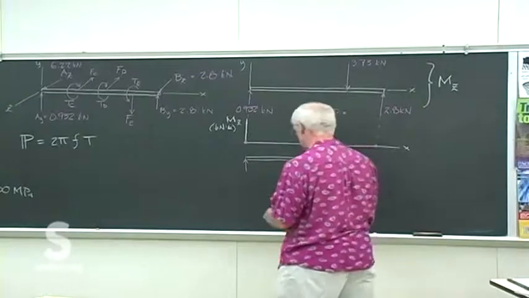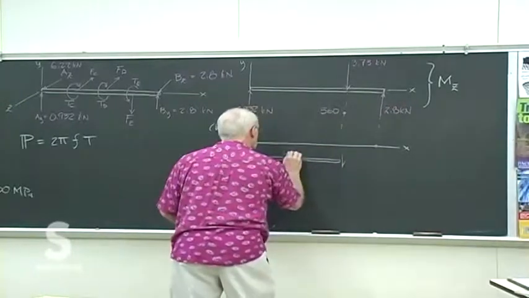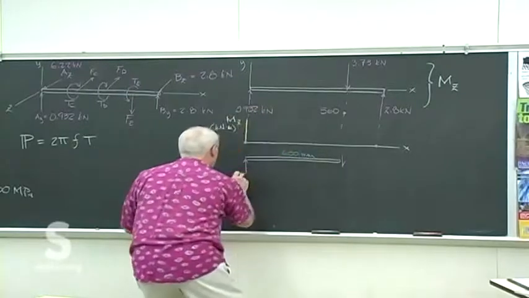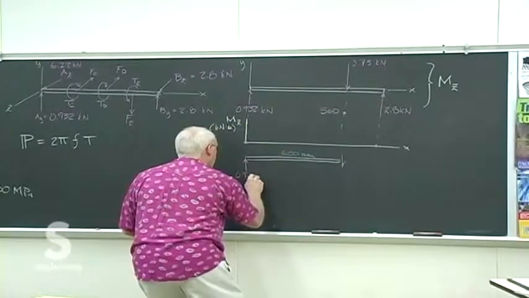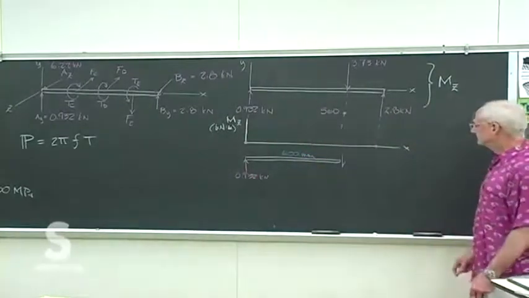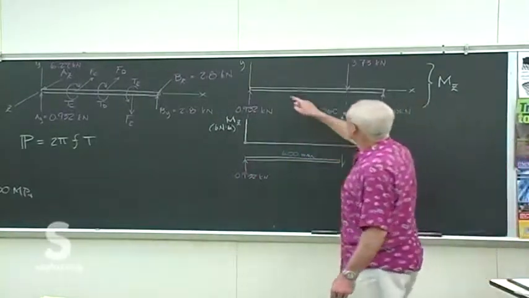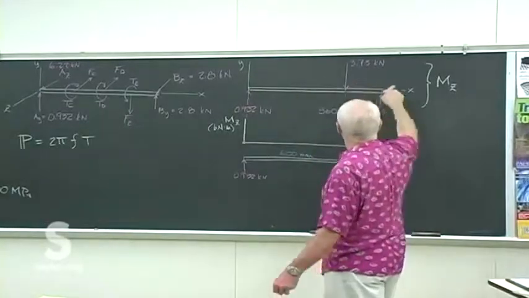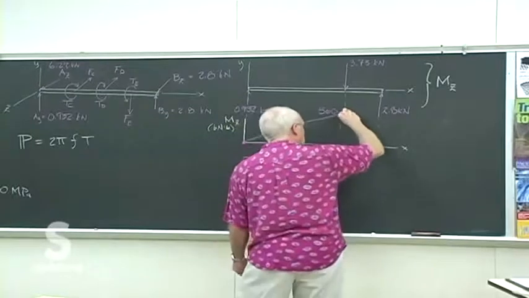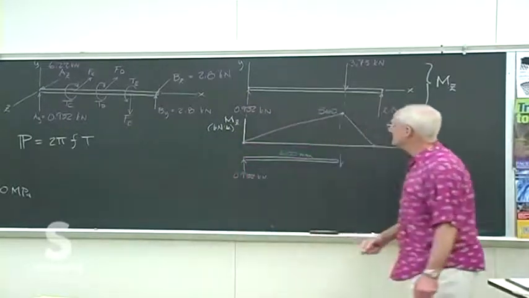So that's how we got that. So hopefully no great mystery. Since there's no load in between, we know that that's just a linear connection. So there's our moment diagram